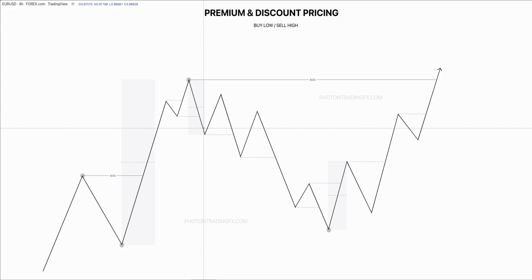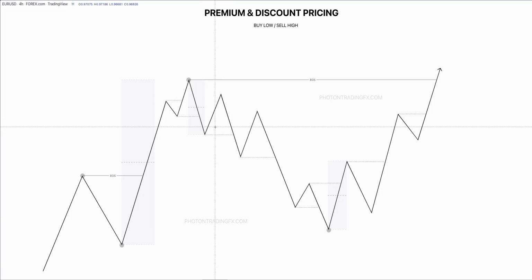It's just another concept to help us try and not short here, but wait for the pullback to a level in which it's more likely to form that internal lower high, right? So we don't get stopped out prematurely trying to sell down here. We wait for the pullback to the premium prices of this internal leg, right, above the EQ. Now it's higher probability to try and catch that internal lower high, and then we can look to target the swing pullback, right? So, I would recommend mainly targeting those weak lows,